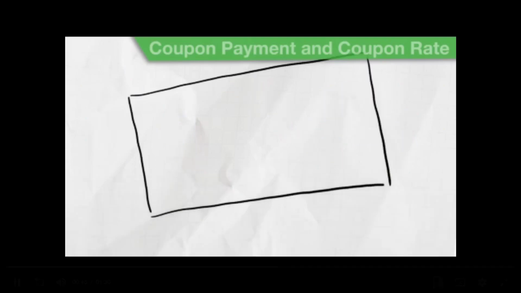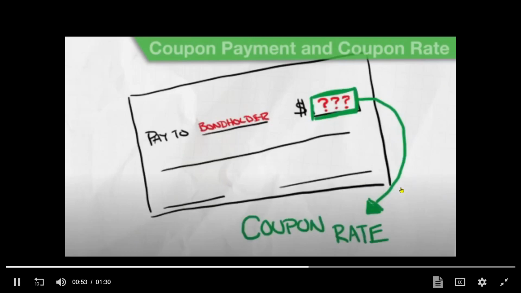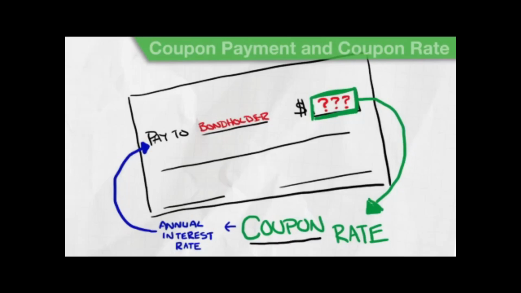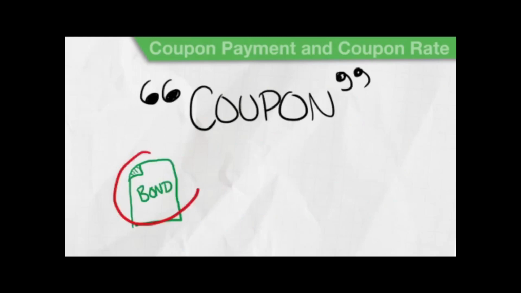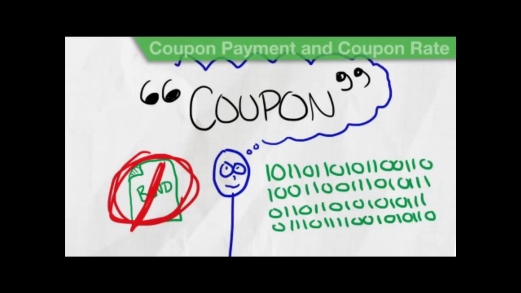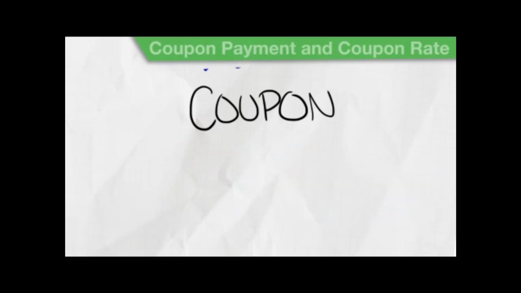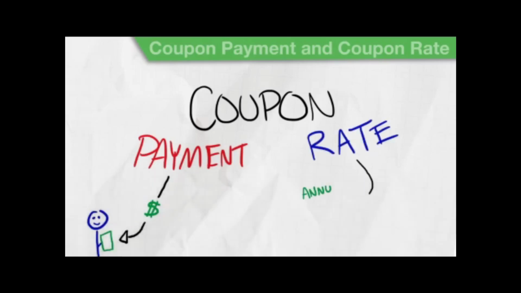Now, how much they get paid would depend on the coupon rate. The coupon rate was the stated annual interest rate that was paid to the bondholder. So again, the coupon rate was the interest rate that they would get paid when you sent in that coupon if you were the bondholder. So those names still stick with us, even though today bonds aren't really physical pieces of paper, they're electronic, but the terminology still stays with us, and in many ways it makes sense. The coupon payment is the dollar amount interest paid to the bondholder, and the coupon rate is a stated annual interest rate that is paid to that bondholder.